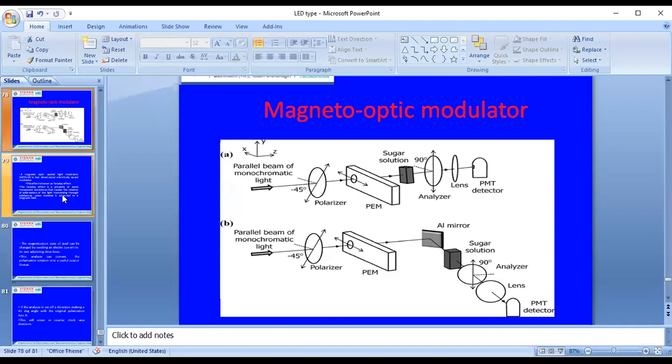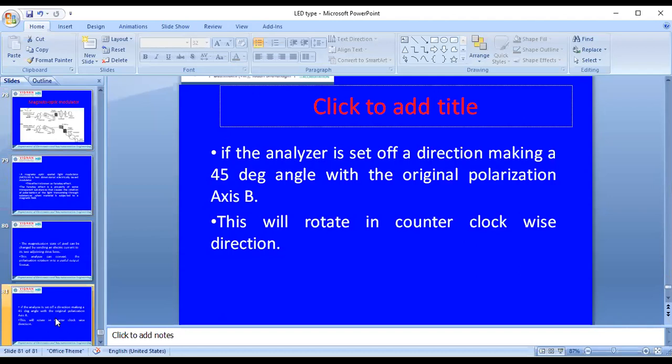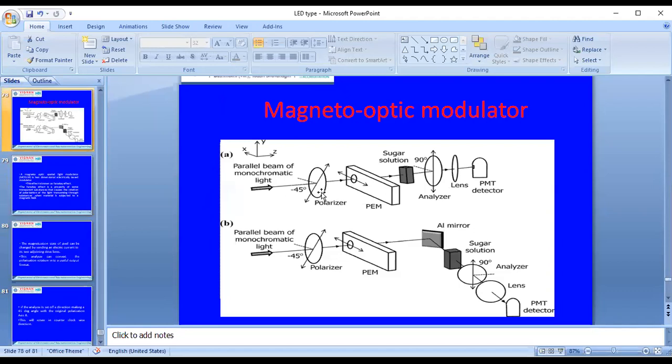In this polarization change of light, initially the parallel beam of monochromatic light will be passing through the crystal. This will be affected by the polarization orientation. For example, if this is at 45 degrees, then automatically the angle of rotation will give different changes in polarization. Those changes of polarization will be concentrated by different types of lens, and converted into an electrical signal by the photomultiplier tube. So in the magneto-optic modulator, this crystal